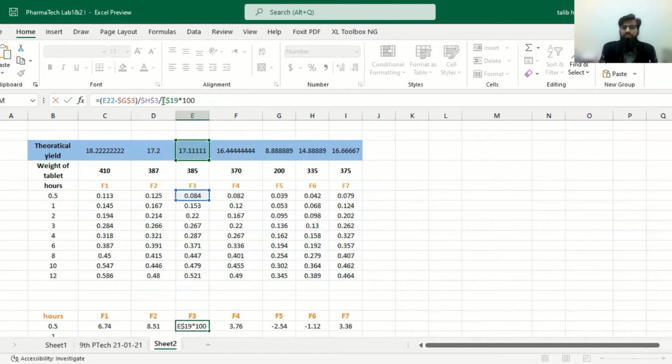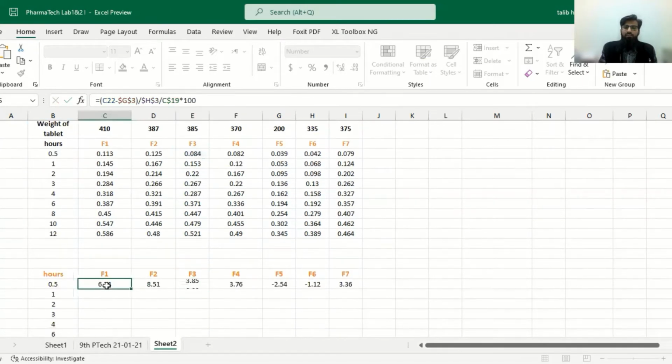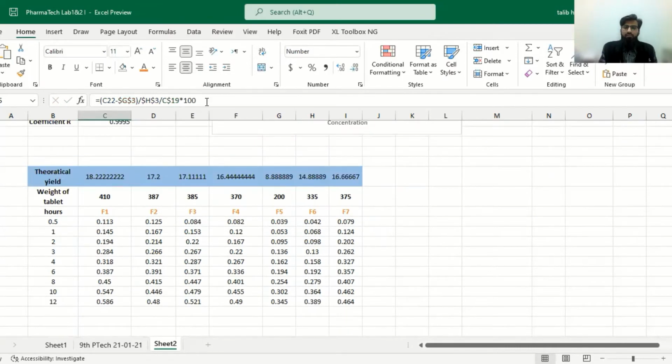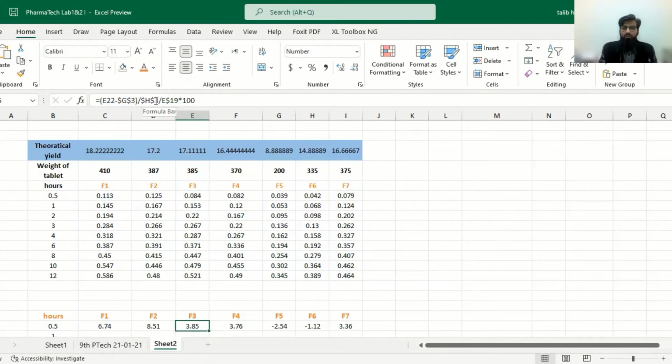We didn't fix the column of theoretical yield, so the column for the third formulation has shifted to the third column, E, which in the first one was column C. It has shifted to E19, but the row remained fixed at 19.